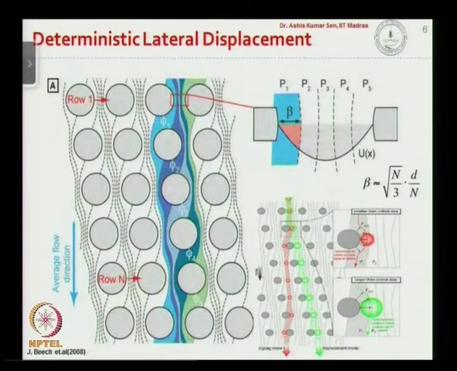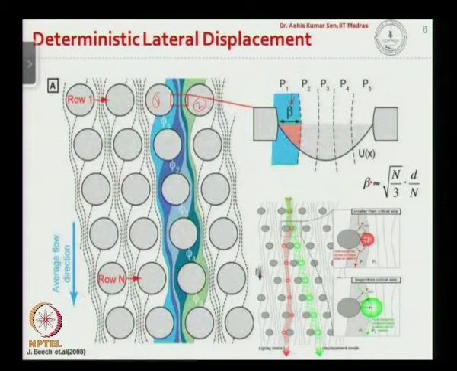Now if you look at the mechanism, between two adjacent posts, let us say this is post 1 and this is post 2, we have different streamlines. Okay. So in this case we have 1, 2, 3, 4 streamlines. Now if you look at the stream between the surface and the first streamline, the width is beta. Okay. And this beta is expressed as square root of n over 3 into d over n, where n is